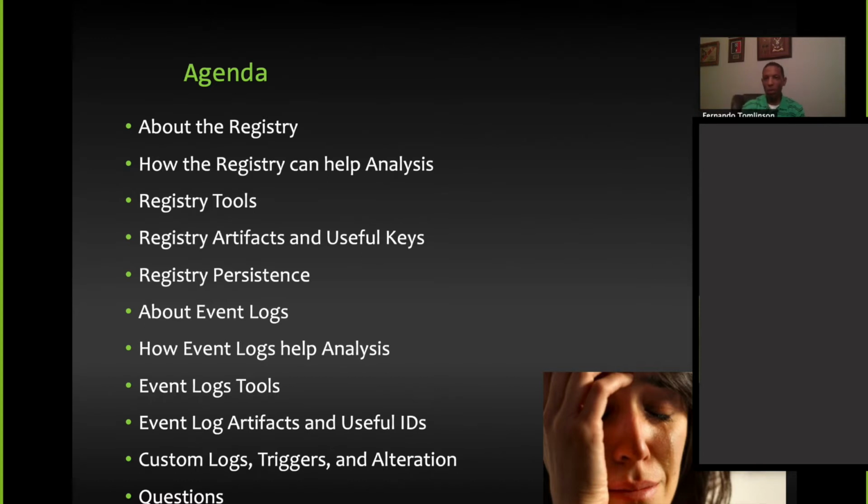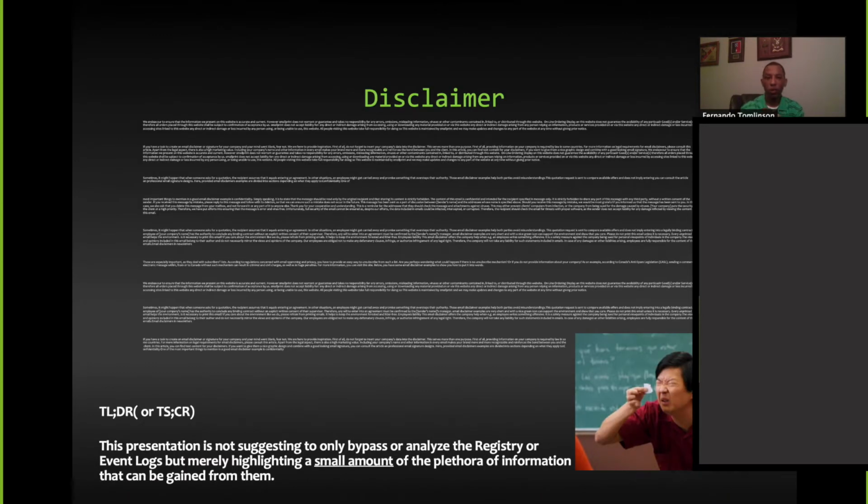Okay, so looking at the agenda, I hope to cover a number of things, right? This is an oldie but goodie in the sense that it never gets old. This is very focused on Windows, if you haven't been able to tell, right? And this is talking more or less about artifacts in the registry and the event log, from a red team perspective and a blue team perspective. There's a couple of instances where an artifact can satisfy both red and blue, but in other cases it's one or the other type thing.